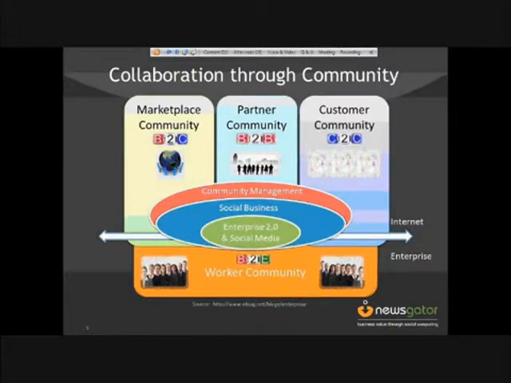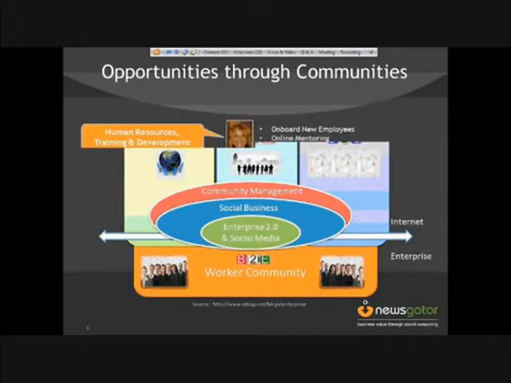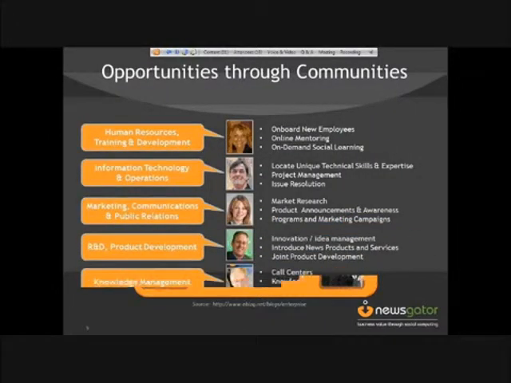It's one thing to have a Facebook page out there or a Twitter account, but how do you manage that community? How do you engage with them? There's a whole concept around that from a business standpoint that comes into play when you say, we're just going to implement social computing and all these great features and capabilities, and how you build out these communities within an organization and actually transform the way you do things and how you interact with your customers or your employees or your partners.